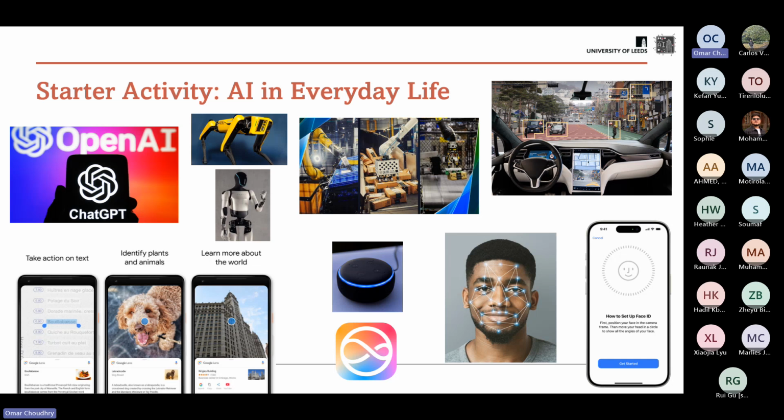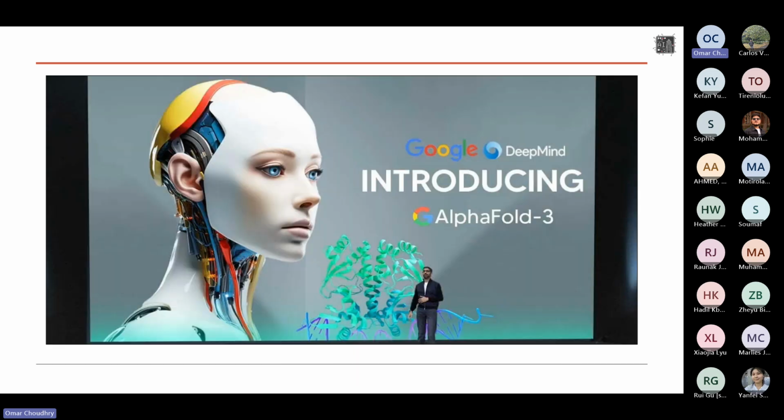we see AI everywhere in our lives, but you may not realize it. So when you unlock your phone and you're using any kind of facial recognition software, there's AI built into that, into self-driving cars and sensors, home assistants, robotics, including in Amazon warehouses, on Google, and of course the one that most people would be most familiar with, and that's ChatGPT, right? But AI is not just these chatbots that you can use that you write questions to. It's actually really powerful. And it can be used for a lot of really good things, right?